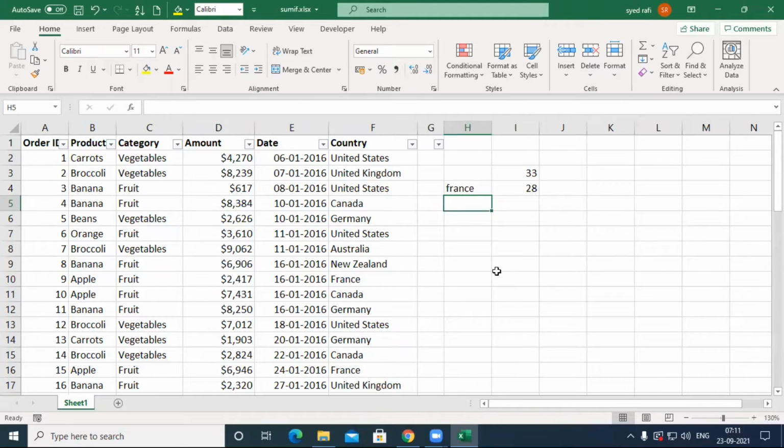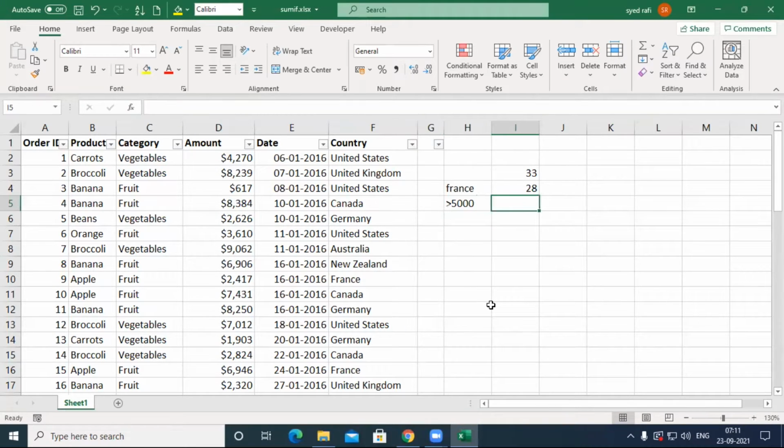If I want to get the values more than 5,000 to appear here, I need to count how many values appear here more than 5,000. So I put a greater than symbol and say greater than 5,000.